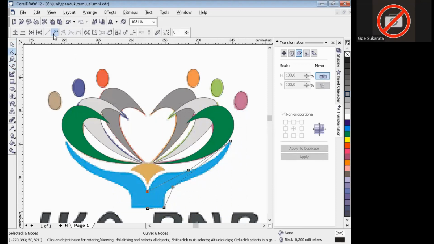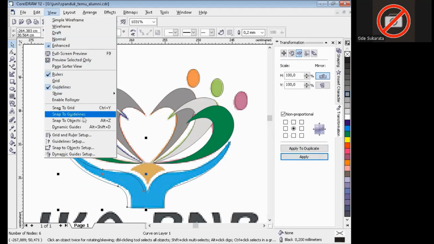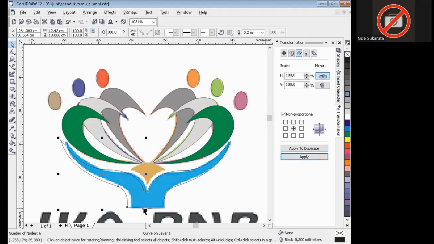Make two curve, make a curve like this. Yeah, okay, last, and Control C, Control V like this. You can make a mirror, and we can put here. Okay, I will active view snap to object like this.